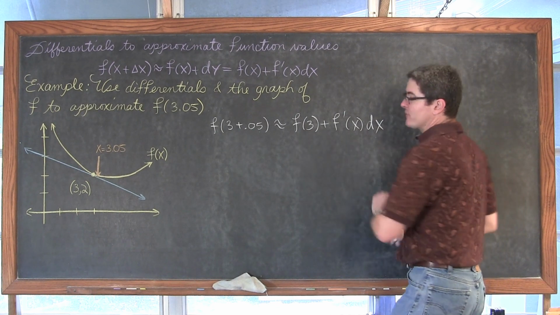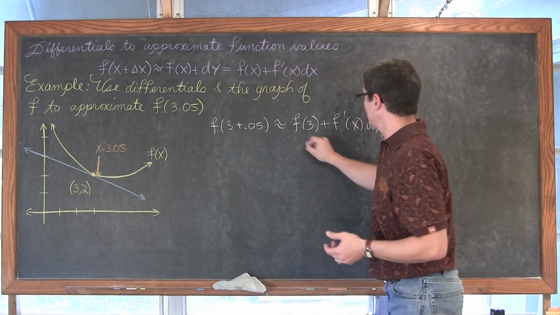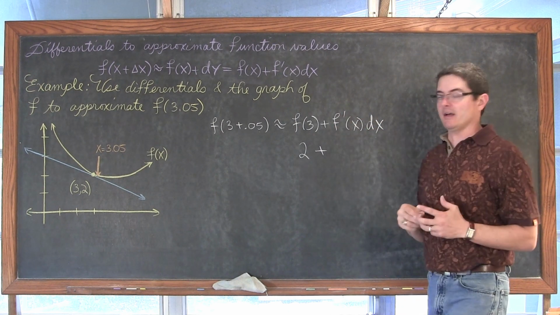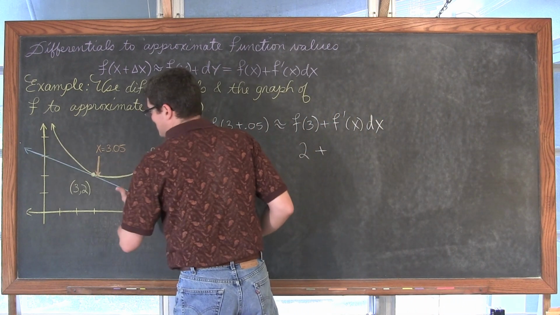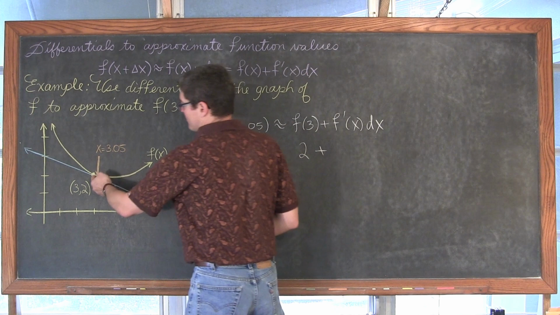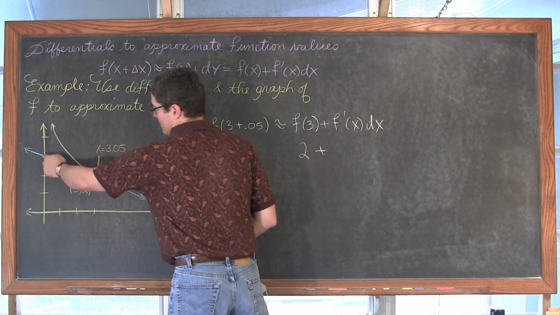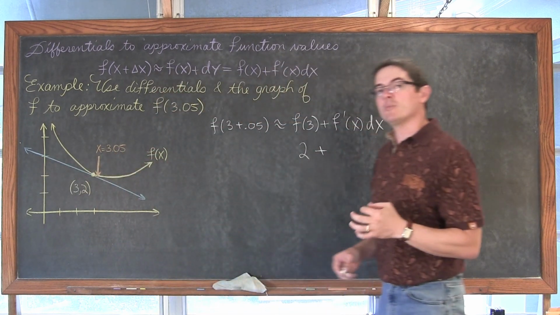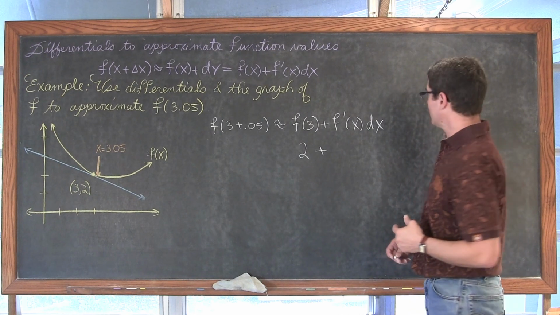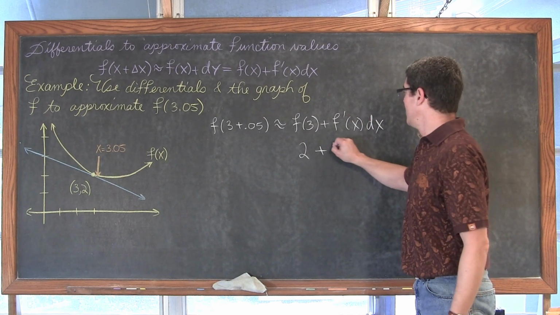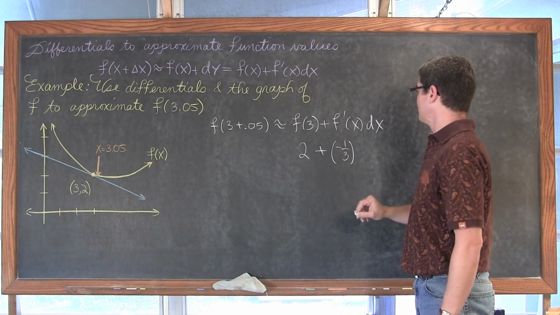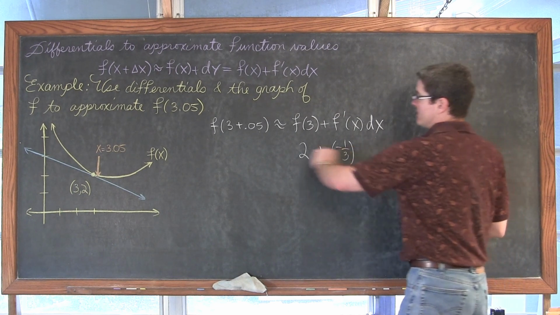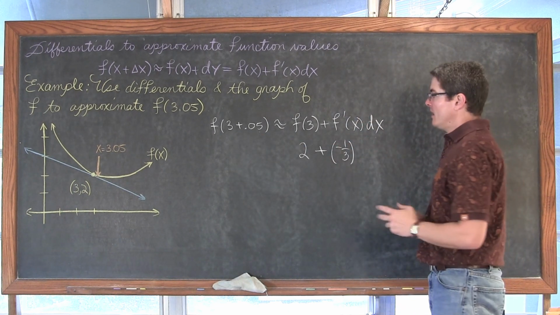Okay, so f of 3 is equal to 2, that was pretty simple, plus f prime of x, that's going to be the slope of the function at x. Well, we have, conveniently, a tangent line, thus we have the slope of the function at (3, 2), and it looks like, from conveniently placed, we have a y-intercept of 3. So if I go down 1 and over 3, that's the slope of the tangent line, or the slope of the function at the point (3, 2). So f prime of x is equal to negative 1/3. And then dx, we're moving to the right. Again, dx is the difference between our two values.